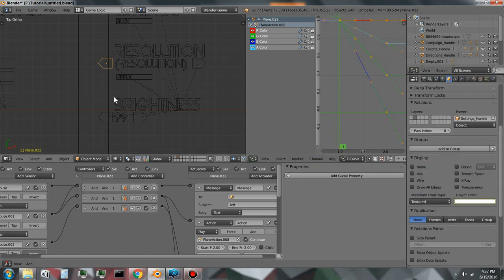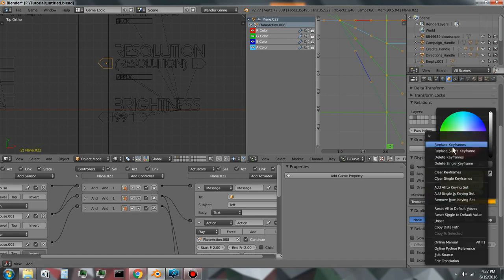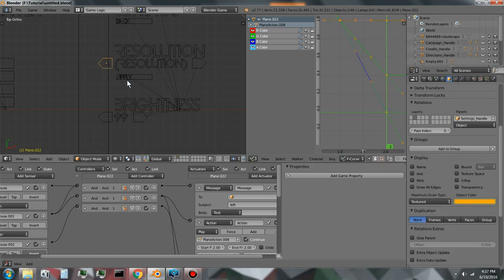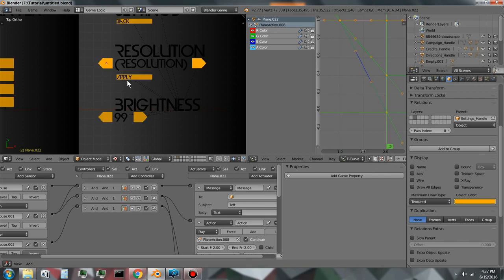So that way, on frame 1, it's going to be solid white, and on frame 2, I will make it a solid orange. So there, if you move it, frame 1, solid white, and frame 2, it's a solid orange. So then